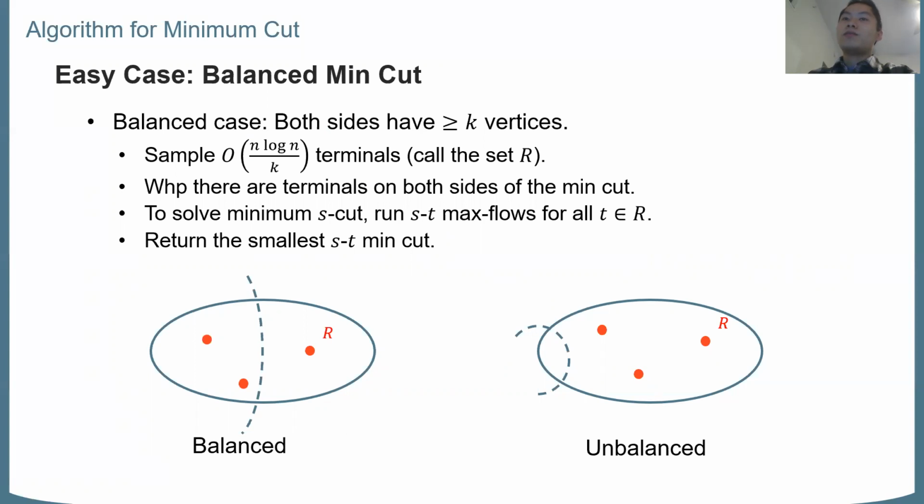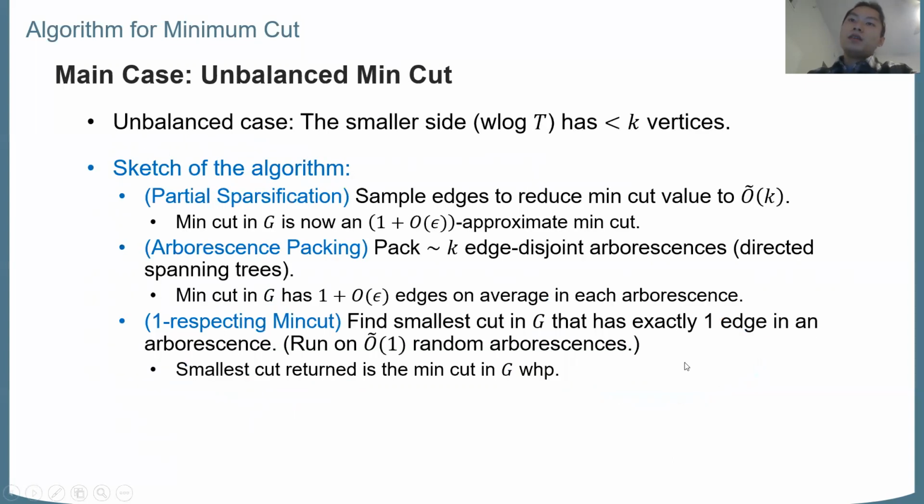Okay, so the hard case is when the cut is unbalanced. That is, one side has less than k vertices and is hard to hit by some sampling. And we can assume the small side is the sink side. So in this case, our algorithm will